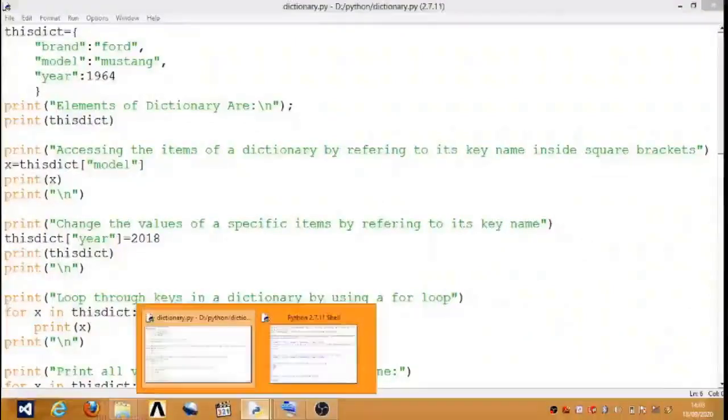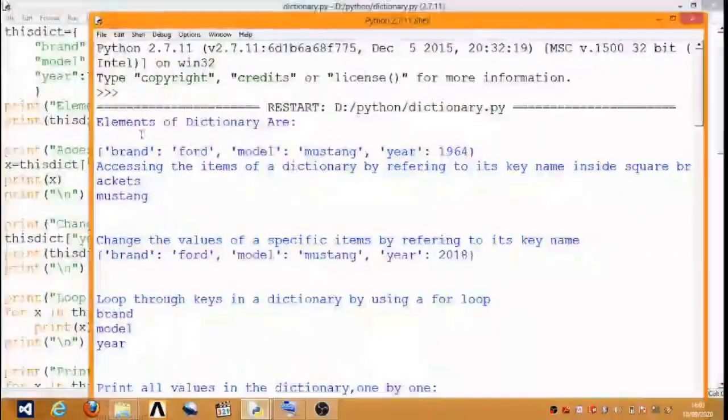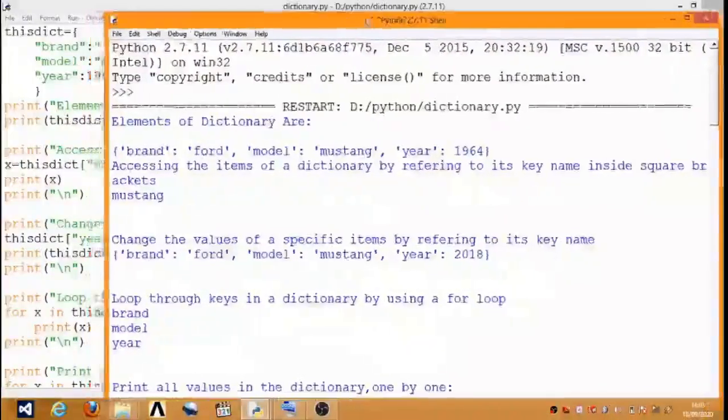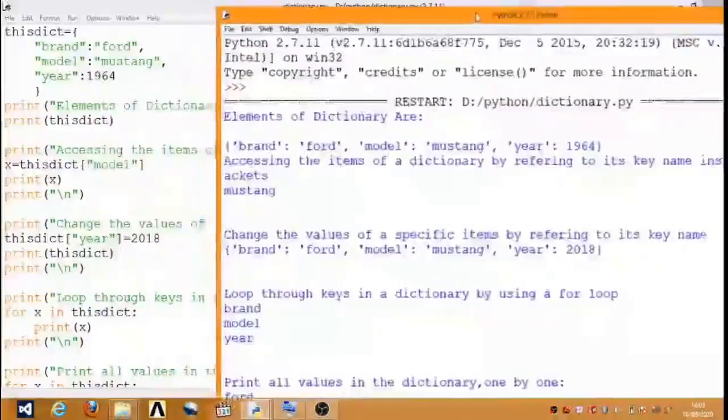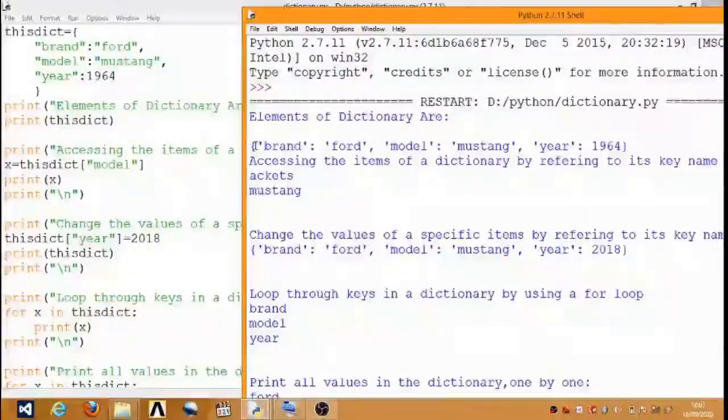So here the elements of a dictionary are brand, model and year. Those are our key names. And here Ford, Mustang and year 1964, those are our values. So here we print all the elements of our dictionary.